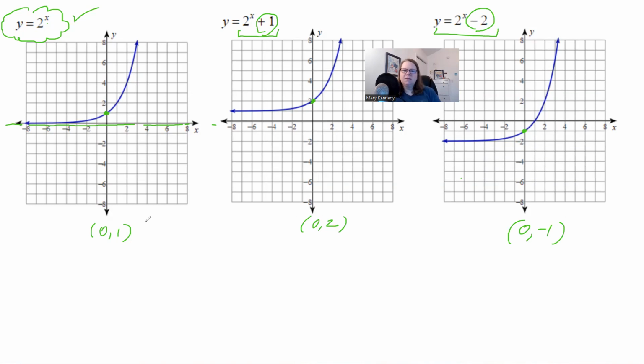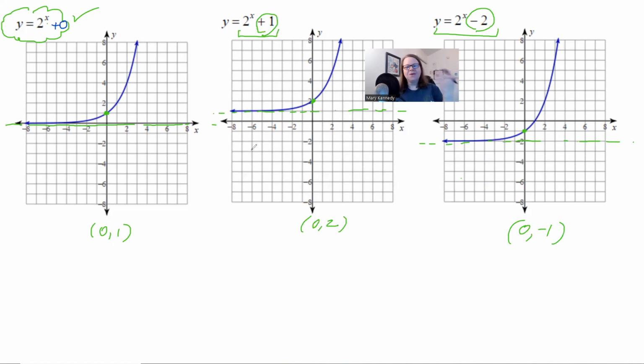So what does that have to do with this? Oh, and we also have a new horizontal asymptote where this is approaching up at y equals 1. This one is approaching down here at -2. Interesting. Okay, so something to think about is that this original one started out with a +0 at the end,